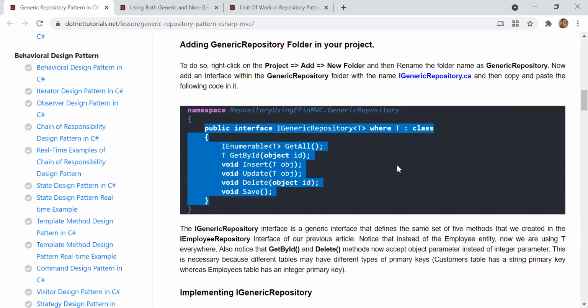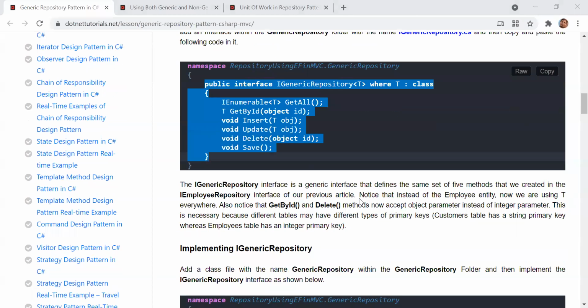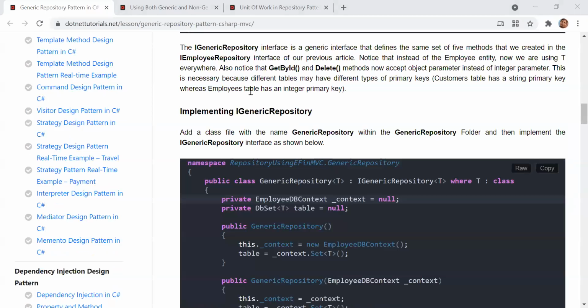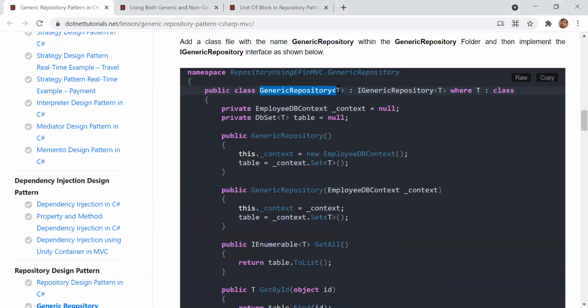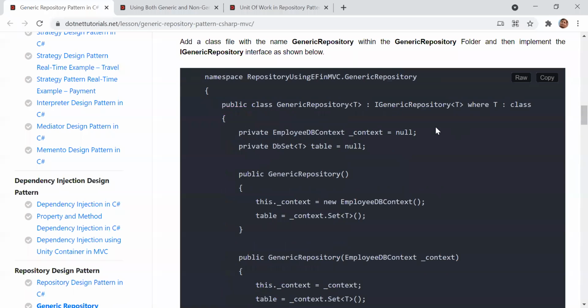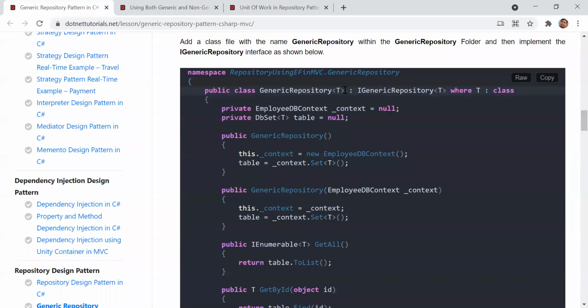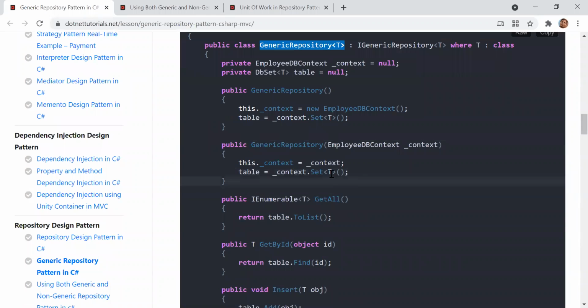Okay, let's move on. Here we are going to provide the same repository, with a little bit of change. We inherit the same interface with the T type, and here also we put the restriction that only a class will come into the picture. Here again we have the T type, and most of the things will be the same; only the T type is different.